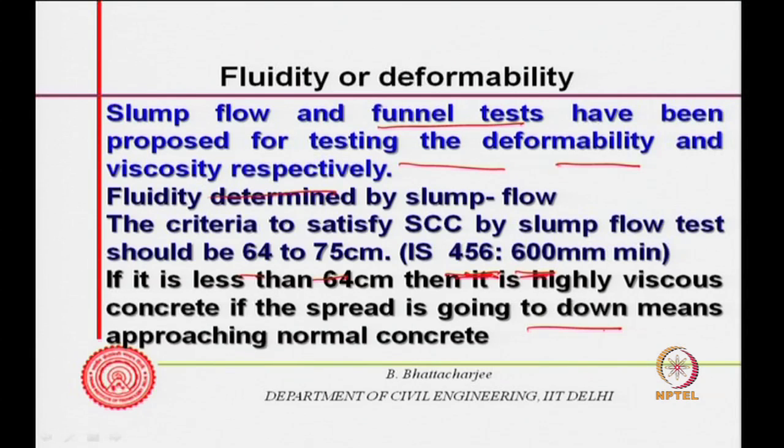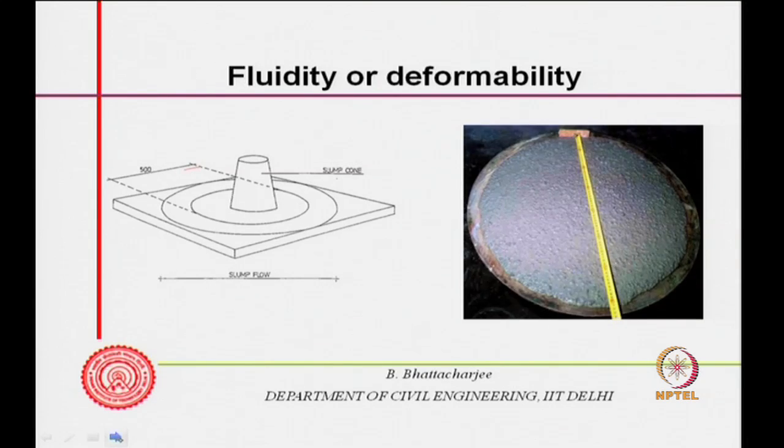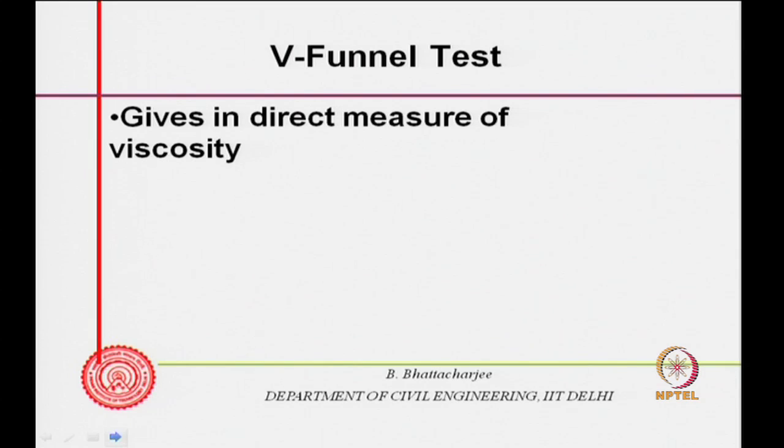Therefore, its viscosity is high. Viscosity has a tendency, if there is a lot of resistance, then it will not flow. So, it is related to fluidity of the system. That is the slump flow test, and this is very popular because it is an easy test. V funnel test gives some direct measure of viscosity,